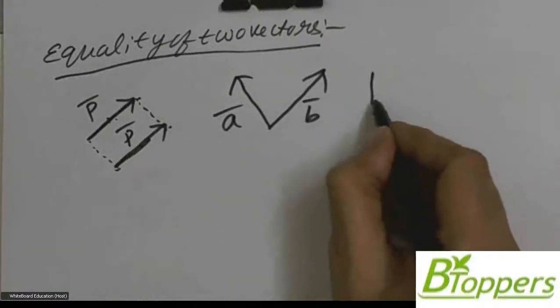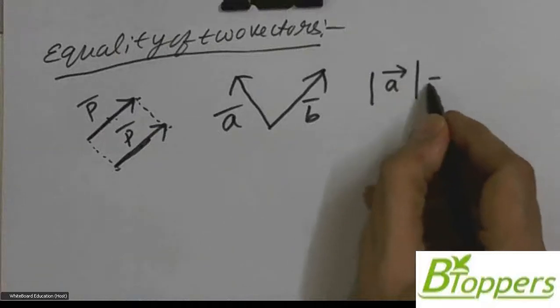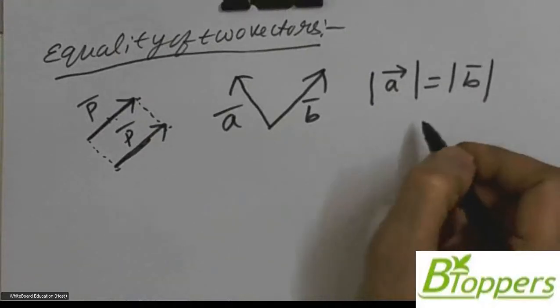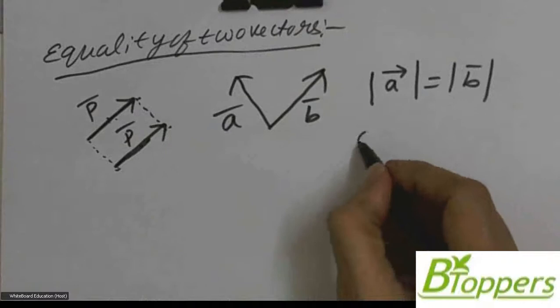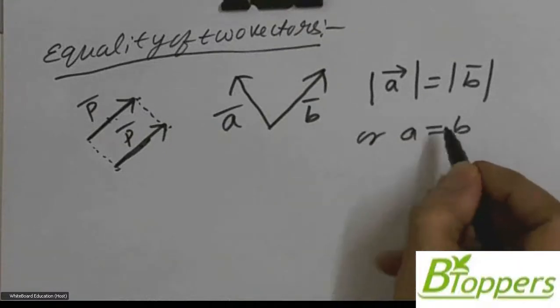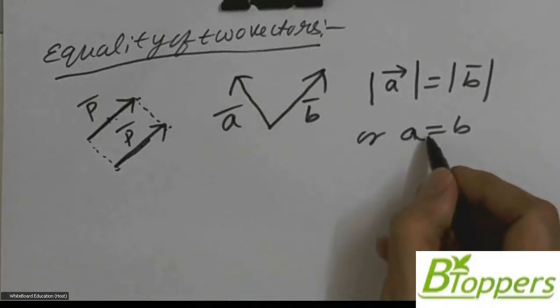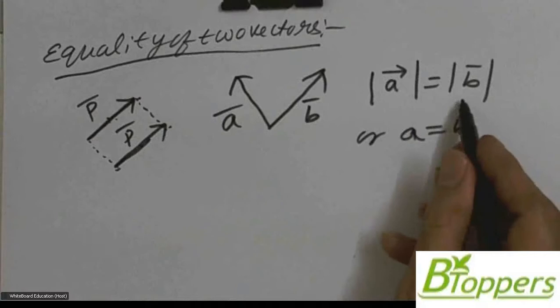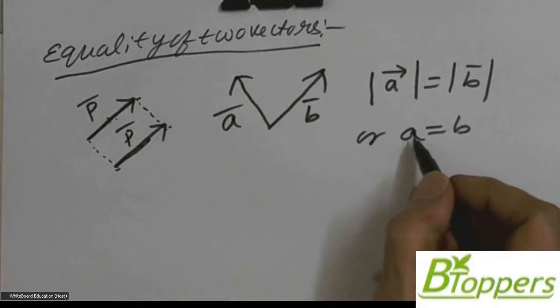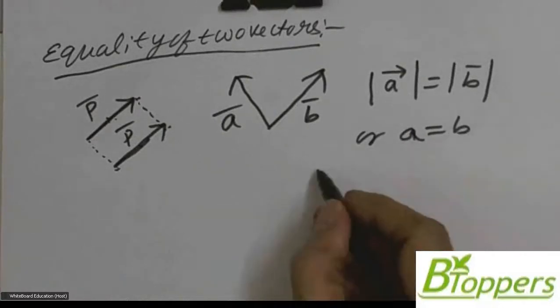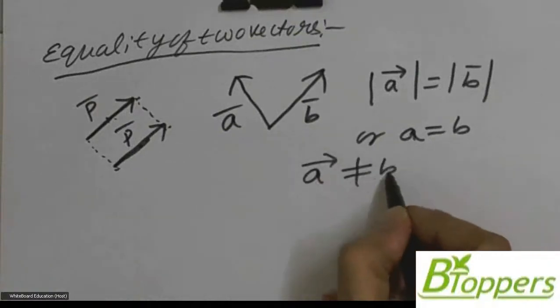We can write modulus of A bar equal to modulus of B bar, or you can write A equal to B. So writing A equal to B does not mean that the vectors are equal. It just means that the modulus of A bar is the same as the modulus of B bar, or the magnitude of A bar is the same as the magnitude of B bar. You can say that A bar is not equal to B bar in this figure